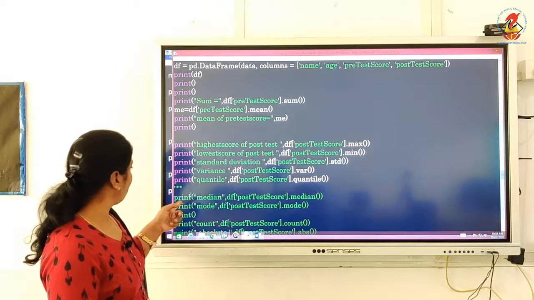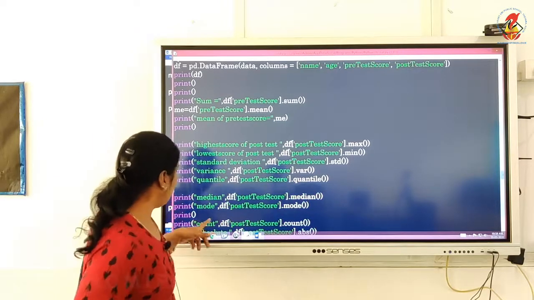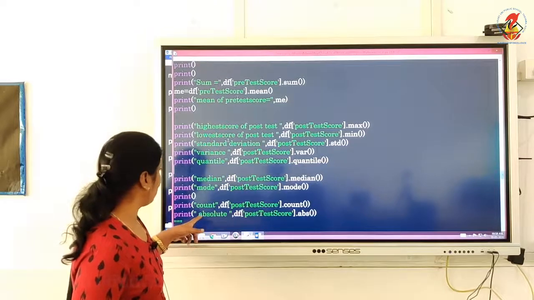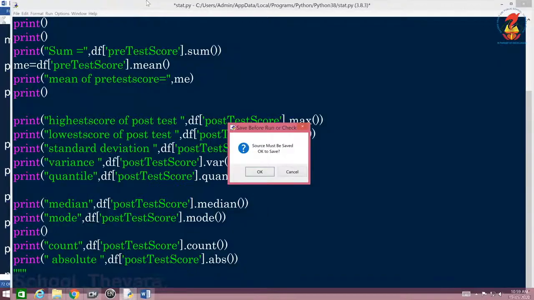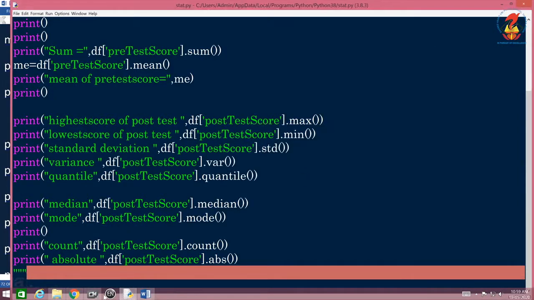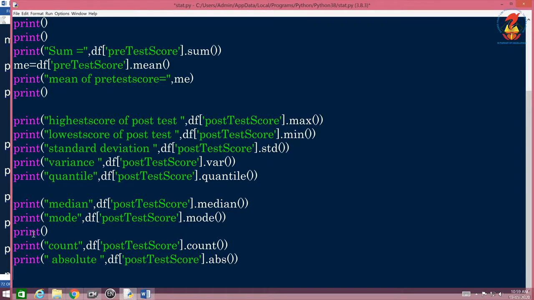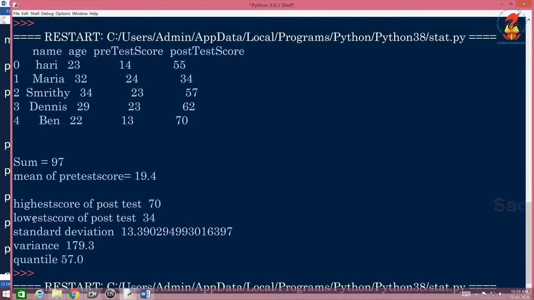Continuation of that. Now you have median and mode. Let's continue completing everything, because now you have only count and absolute left out. So I'll run once again the whole thing, and let's see the output again. There's a small problem because I didn't delete this. So now if you run this and if you continue,